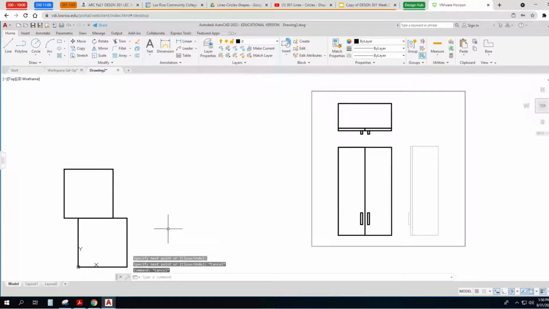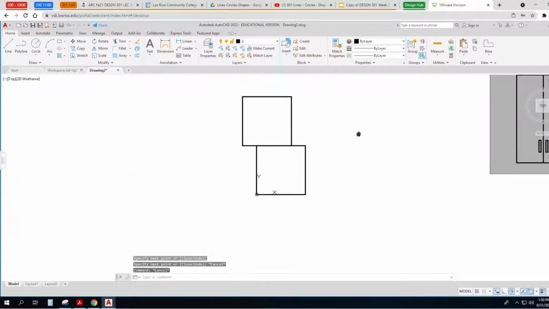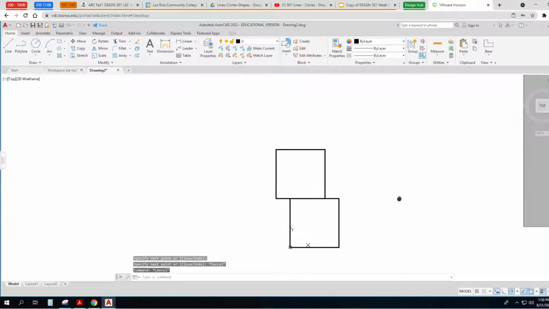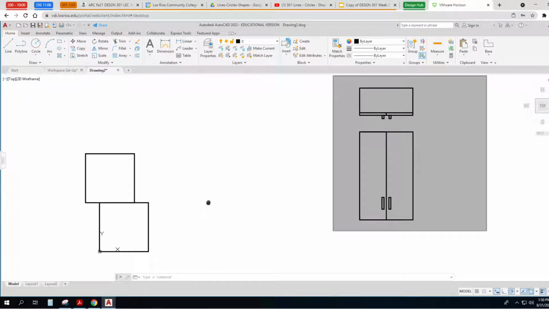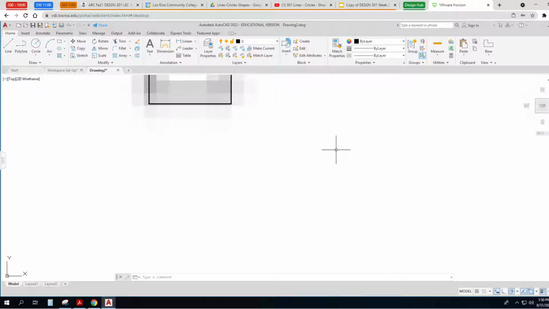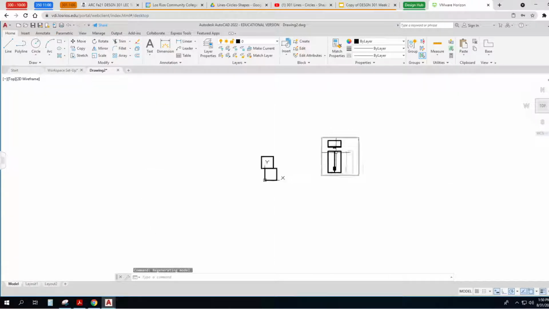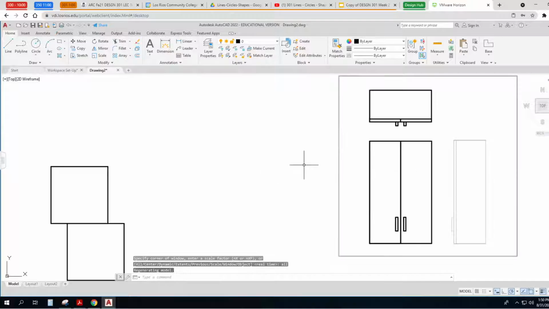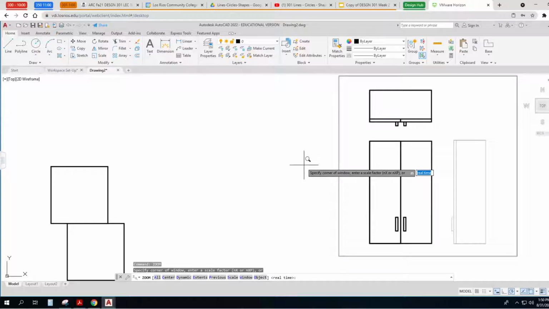So there's a few things to know now. First, I can zoom or I can pan to what I want. If I want to zoom into something, I get my cursor near it and I move my wheel forward or back. And to catch everything, I can either type zoom, enter, all, or zoom, enter, extents,